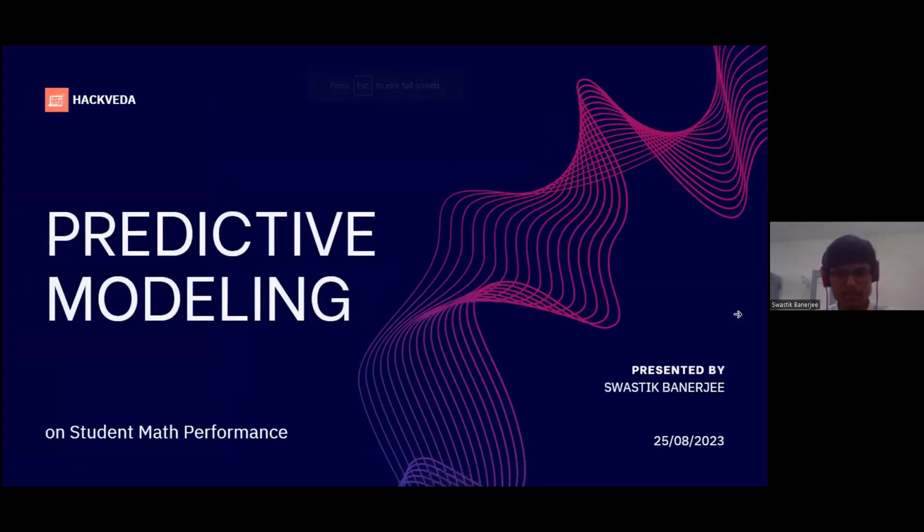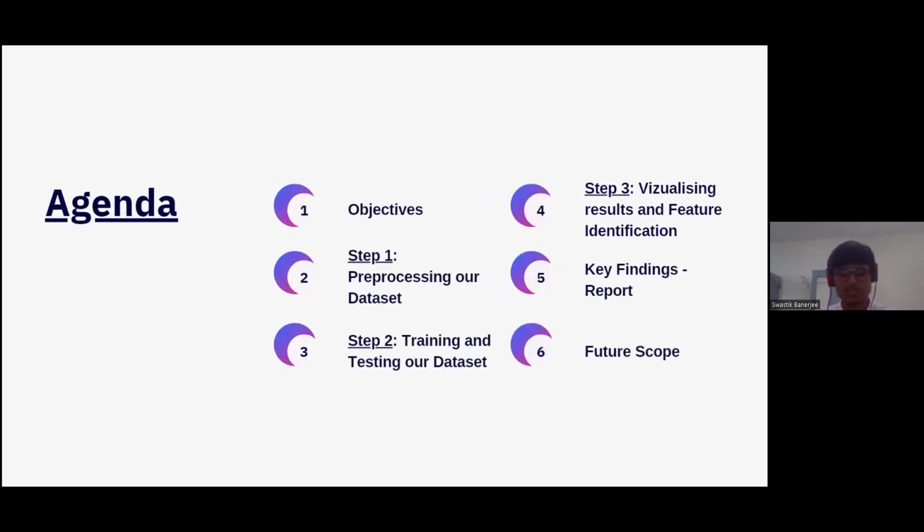Yes, sir. So I am Swastik Banerjee from the Machine Learning and Deep Learning Department in Hackpeda. This is my third presentation on predictive modeling. As I'm doing my master's in the same field, AI and ML, this project was really intriguing for me to do. So without further ado, let's start. For our agenda,